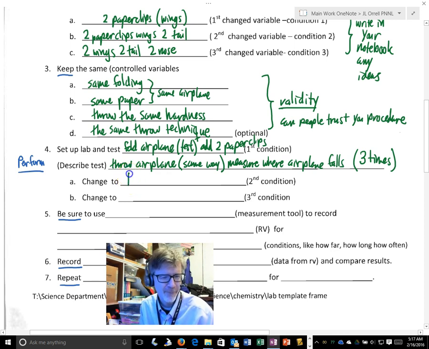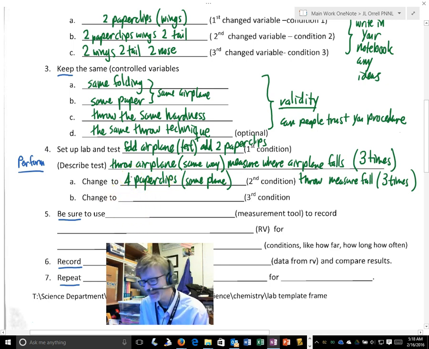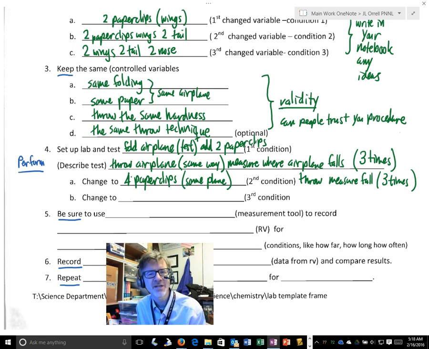Okay, so change to 4 paper clips on the same plane with the same folding. Throw the airplane. Measure where it falls. And do that 3 times, right? With 4 paper clips. When you're doing a scientific experiment, it's not that I'm just trying to make your life difficult by having you do something 3 times. If you're getting something fairly consistently, then you can be pretty sure that you have a good experiment that's reliable